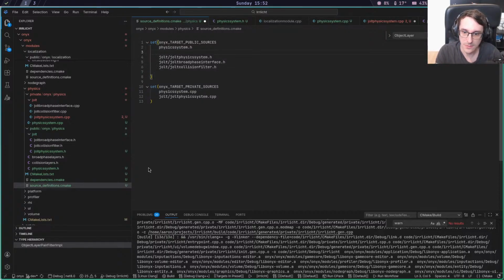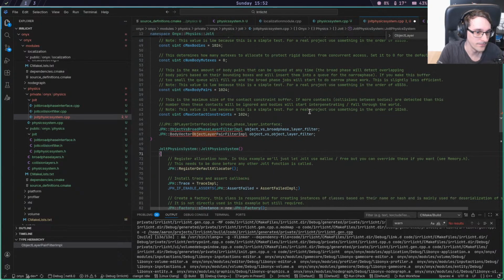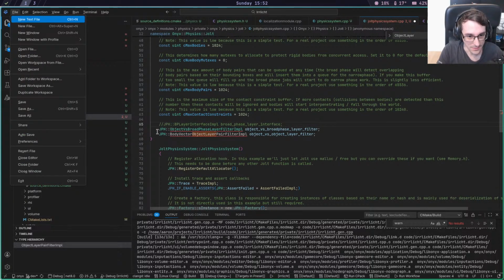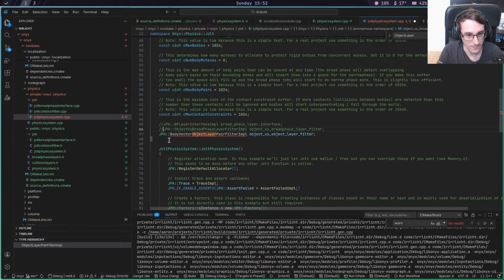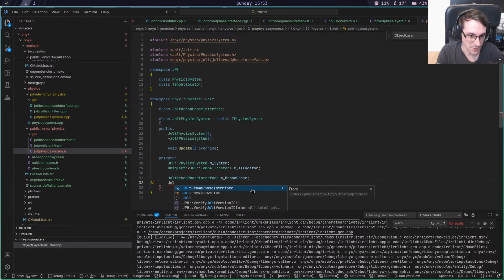We have here as well broad face layers.h and collision layers.h. With that, I think we have it. Or we have that part of it. So basically this goes away as well. And this goes away. We have a jolt